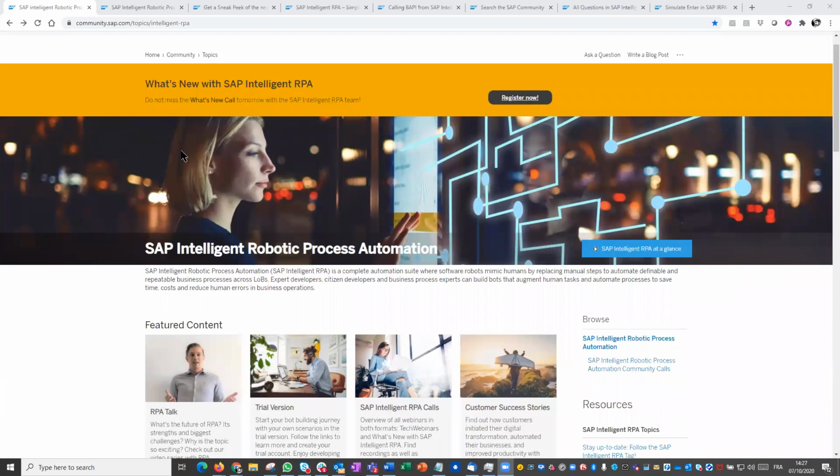So here it's our SAP Intelligent RPA topic page on SAP Community. You see on top of the page a banner where we bring some news. So here it's the registration link for this call of today.